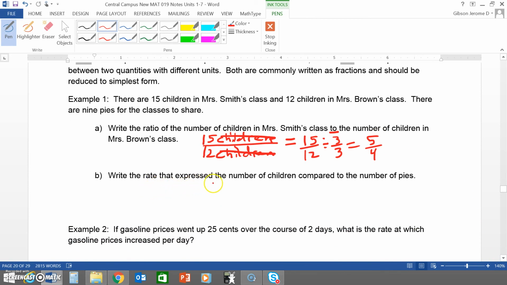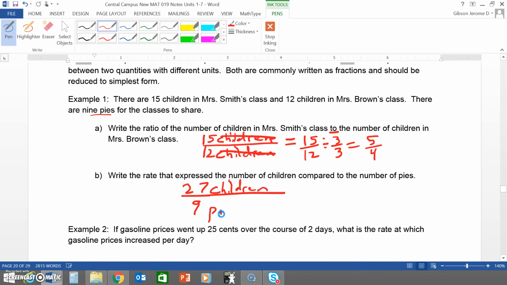It says write the rate that expresses the number of children compared to the number of pies. So now the number of children is 27 from both classes, divided by the number of pies. We're told here that there are 9 pies for the classes to share. So we'll divide by 9. So the rate here, 27 divided by 9, actually I should have written children. So let me write that down here. It's 27 children